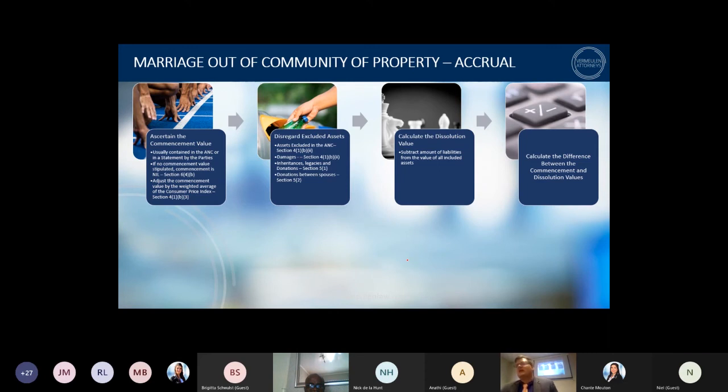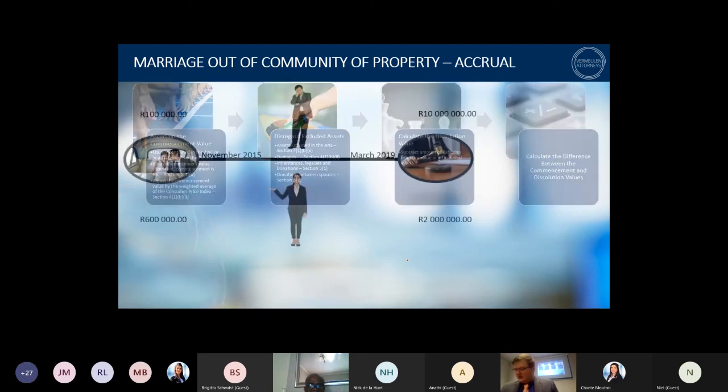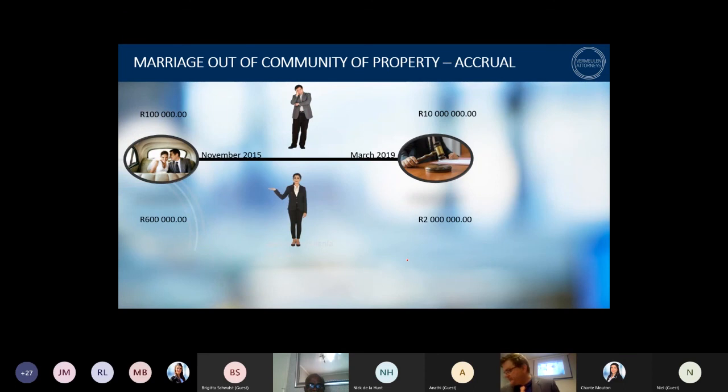So, how does an accrual calculation look? Okay, let's talk about John and Jane. John and Jane got married in November of 2015. At the commencement of the marriage, John is at the top, Jane is at the bottom. The marriage date is here on the left-hand side. Divorce date, March 2019, is on the right-hand side. Okay, this is based on a calculation I had to do a few years back. Names changed, amounts changed, dates kept the same. Okay, now,